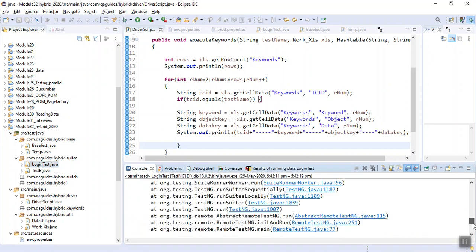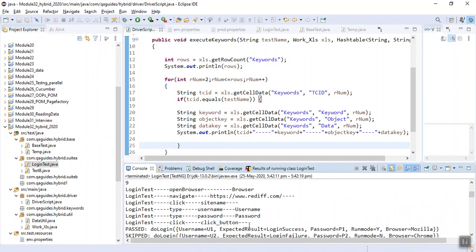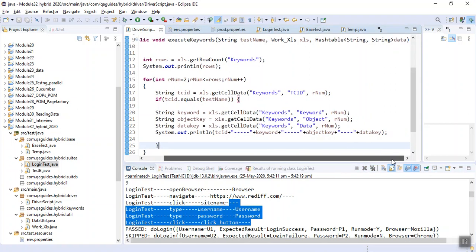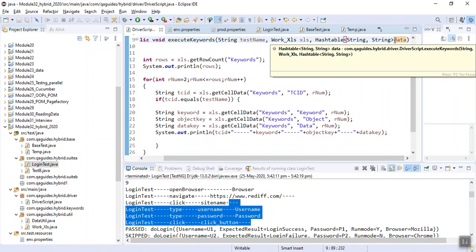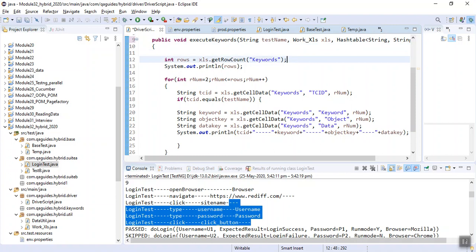See, I have run it, and now it is showing me only relevant data. So let's extract the data also. It is test data.